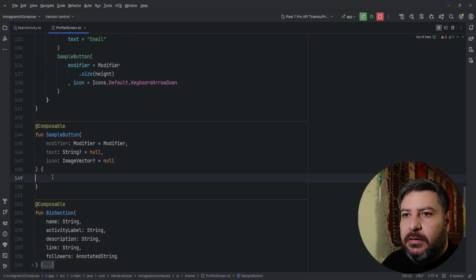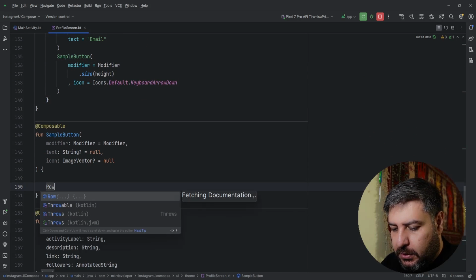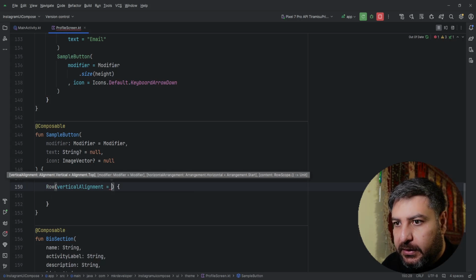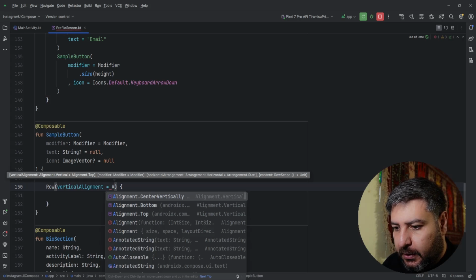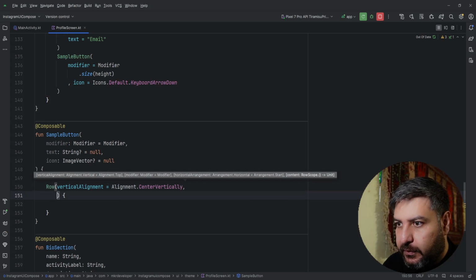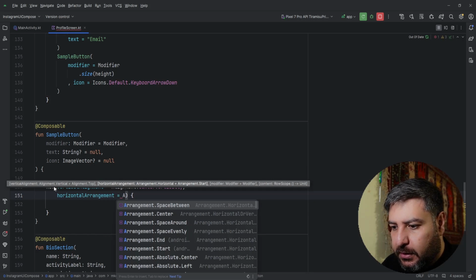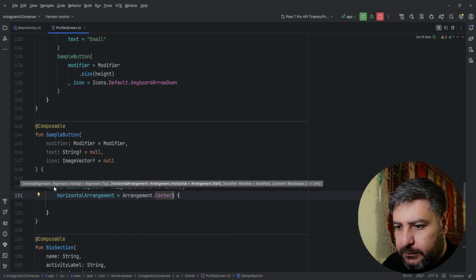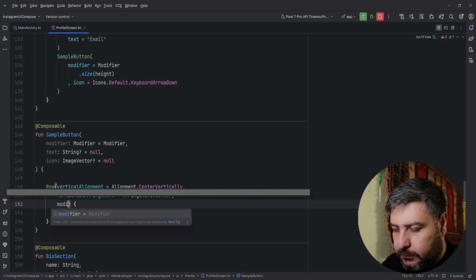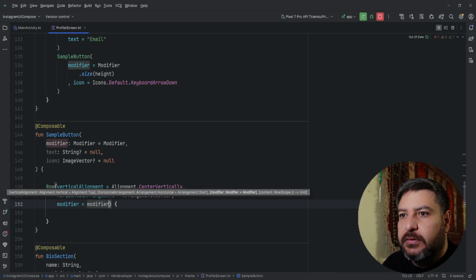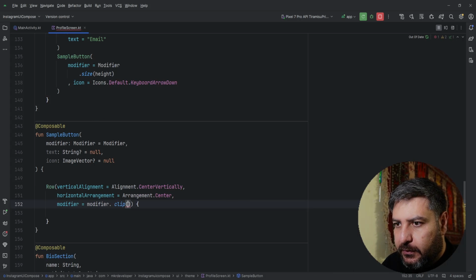Okay, so let's have the row that I was talking about here. Vertical alignment, center vertically, and then horizontal arrangement center, modifier equals to the modifier that comes from this, and dot first a clip,